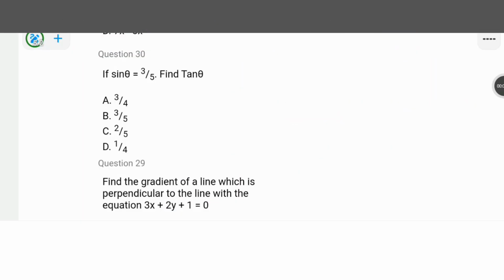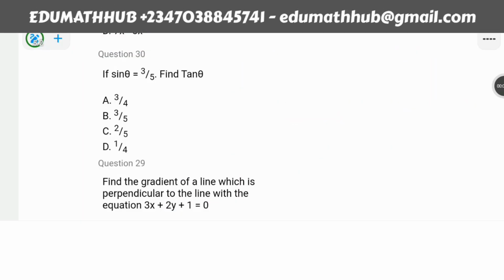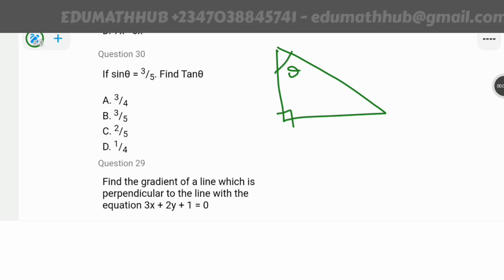So for this next question, we're told that if sine theta is equal to 3 over 5, you have to find tan theta. So let's draw a right angle triangle like this. Okay, draw a right angle triangle. Then the first thing to do is to just put the angle in any part here. This right angle triangle. So sine is